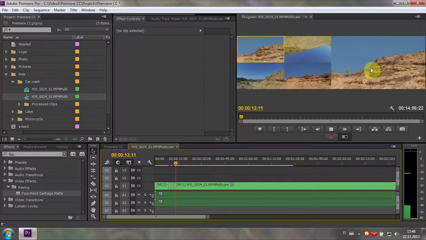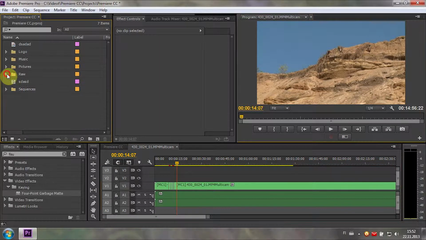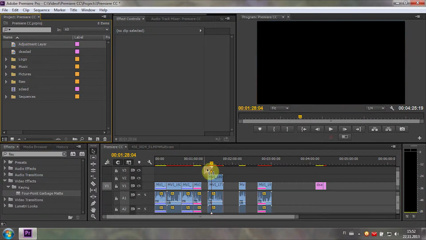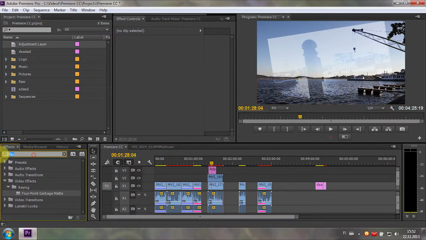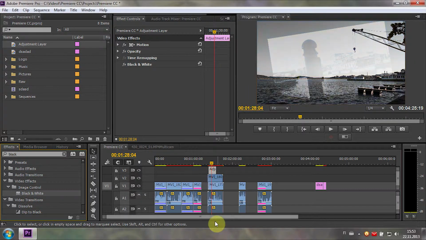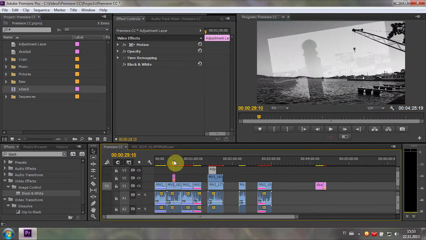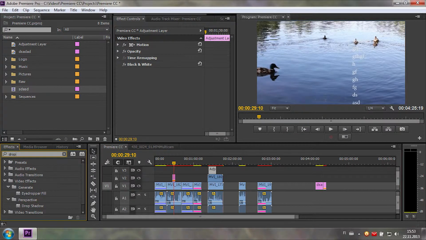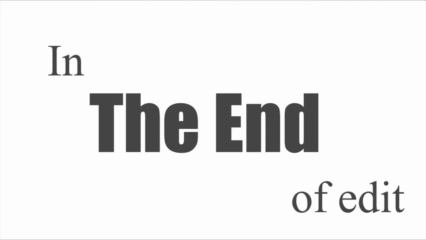Yes. Then you can add an adjustment layer in here, and it will put out any effect that you put on top of it, like black and white, to anything that's below it. Then when you have the text file, you can put drop shadow to it to make it pop more. And lastly,